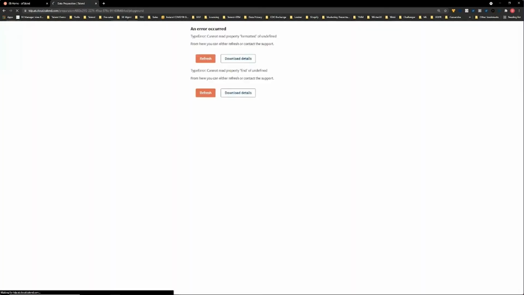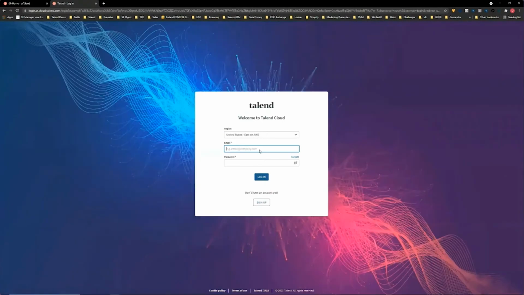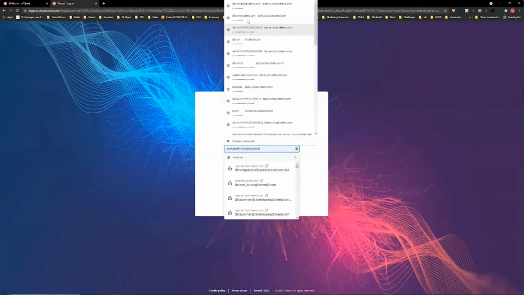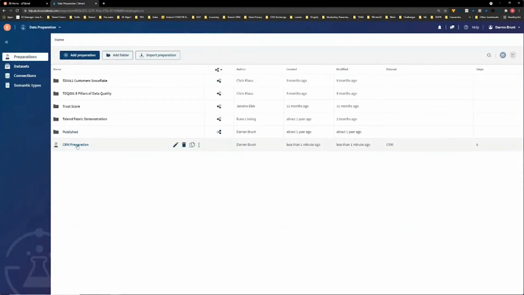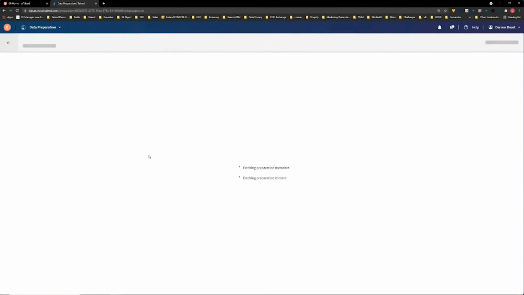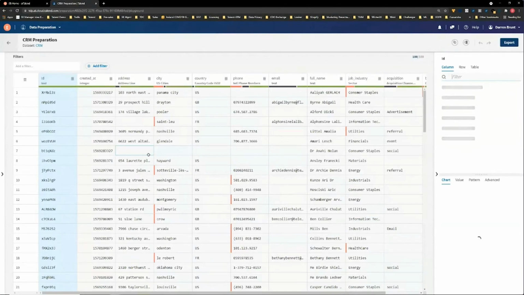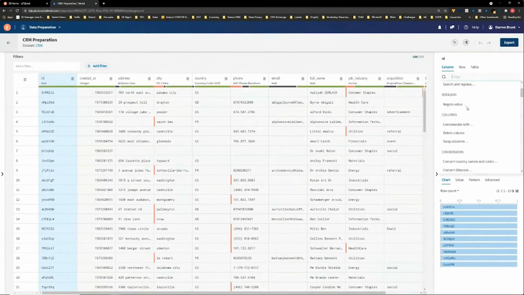The view in the data inventory there is static. I can't really do anything with the data. Let me just log back in here, sorry. But within the data preparation, I'm able to indicate what my intention is to drive improvement on this data itself. So here's the preparation that was just created. Let me open that. I see a similar view here to the original data in the data inventory. The difference here is on the right-hand side, I now have a whole series of functions which I can apply to that data that simplify the way in which I engage with the data and drive change to that data from my own insights and introspection.